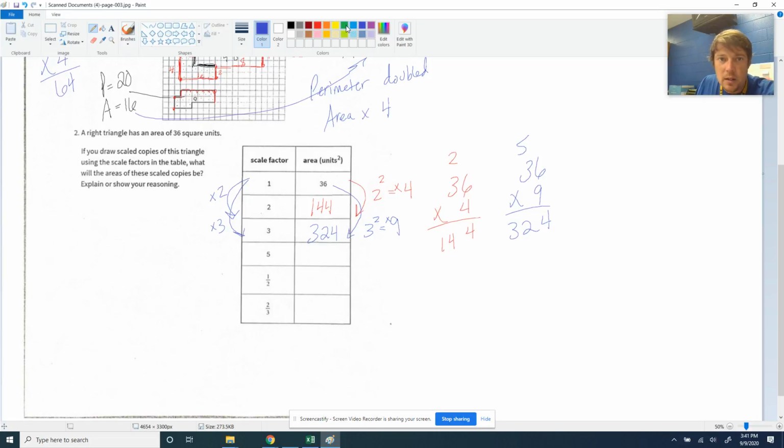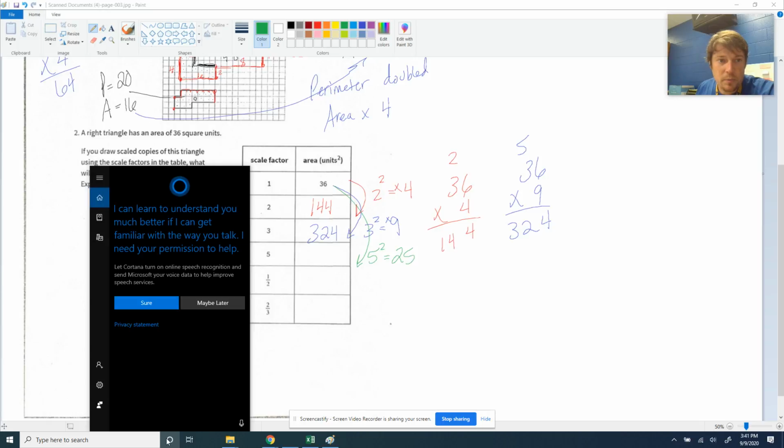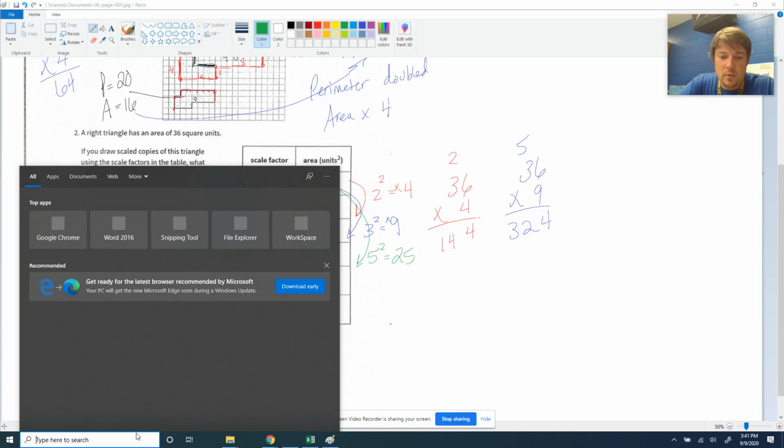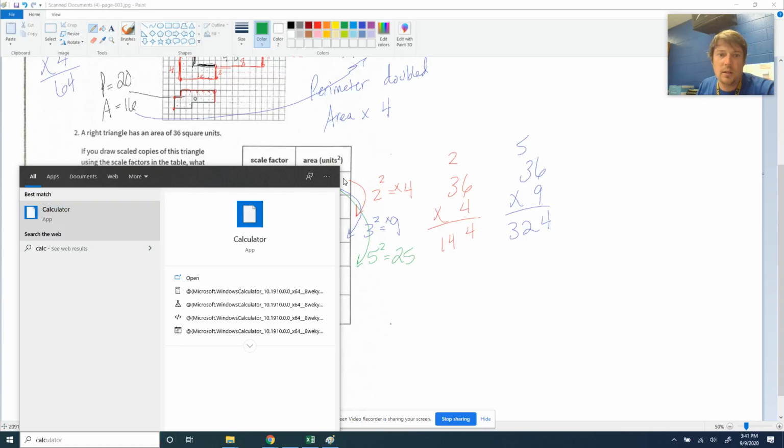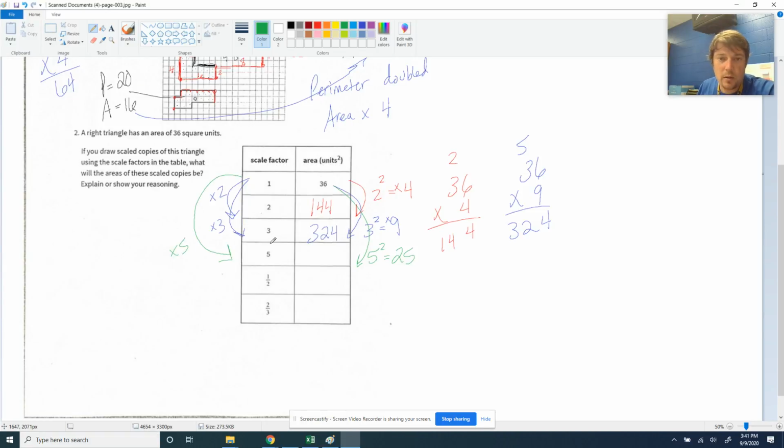So if this pattern continues, think about what you're going to multiply the 36 by to get down here, because the scale factor got multiplied by 5, right? It's 5 times bigger than what it was. So you have to take 5 and square it, which means you're multiplying by 25. And honestly, guys, I'm okay if you get on here and search for the calculator at the bottom of your Chromebook. You can use a calculator for some of these larger calculations like this. You don't have to do all of that over to the side. You can use a calculator app or a calculator on your phone or something like that if you need to. But show your work for what you're multiplying there, so I can see that you're doing